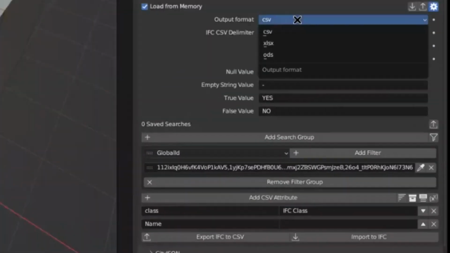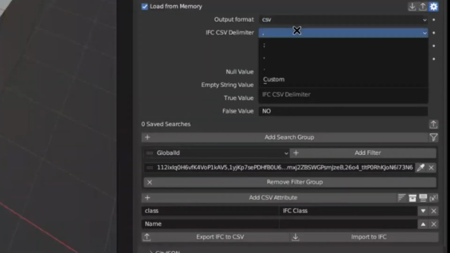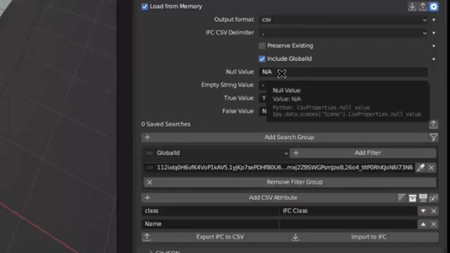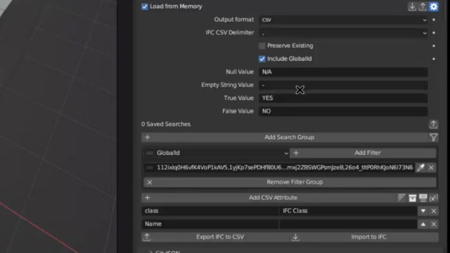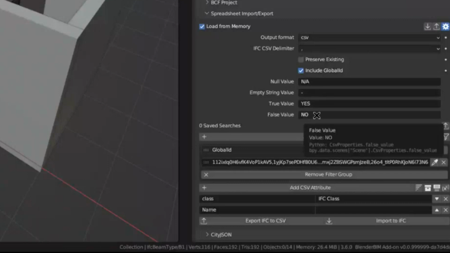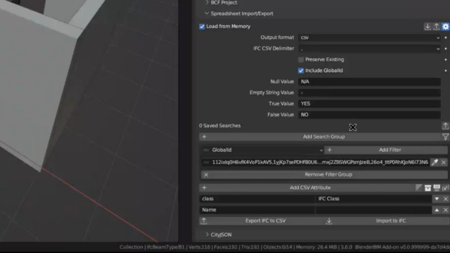You can also change the type of format you want. We can also change the delimiter if you live in a particular locale which uses a different delimiter. If you have a null value, you can specify how to represent that null value. Or if you have an empty string, many software don't differentiate between these, but if it did, you can specify how you want empty strings to be displayed. And Boolean values like true and false, you can specify it to say different things like yes or no. So instead of saying, is load bearing true, you would just say, is it load bearing? Yes, which is a bit more friendly to read